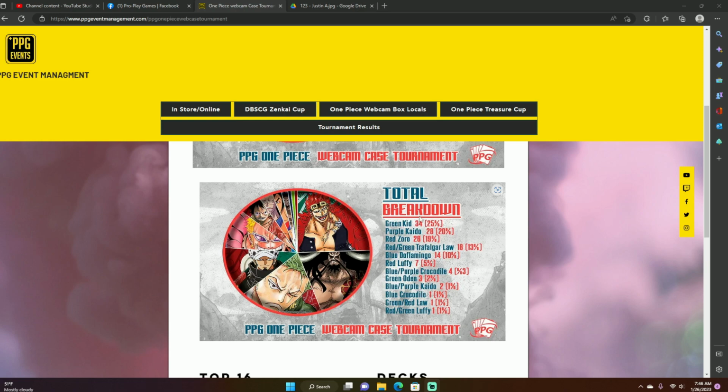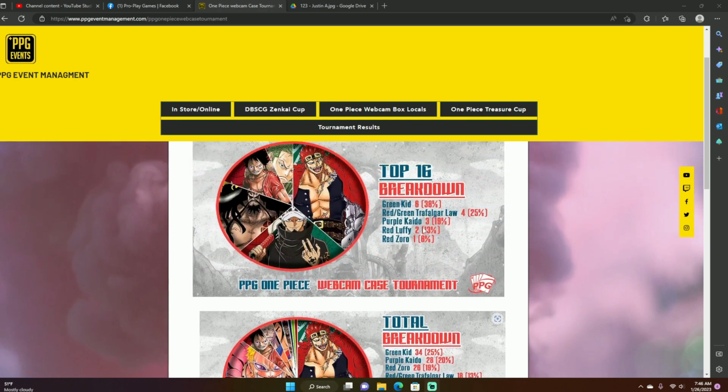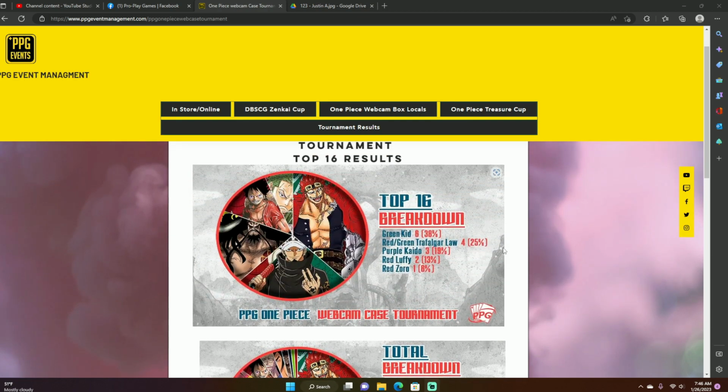Let me just go ahead and go over the top 16 now as well. So it looks like in the top 16, we have 6 green Kids, 4 red green Laws, 3 purple Kaidos, 2 red Luffys, and 1 red Zoro. With that being said, I'm just going to go over the top 4 deck lists,